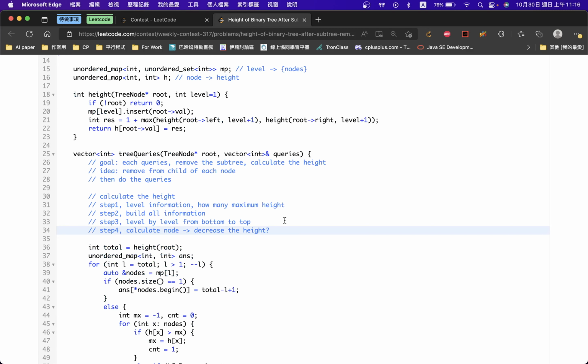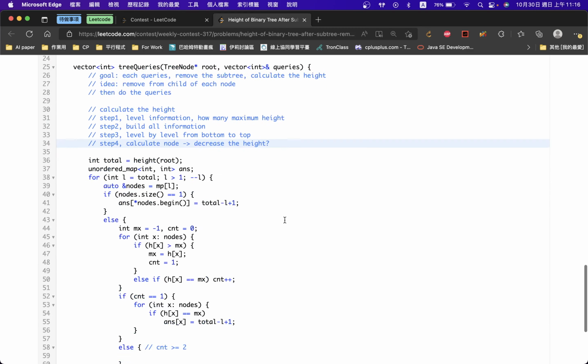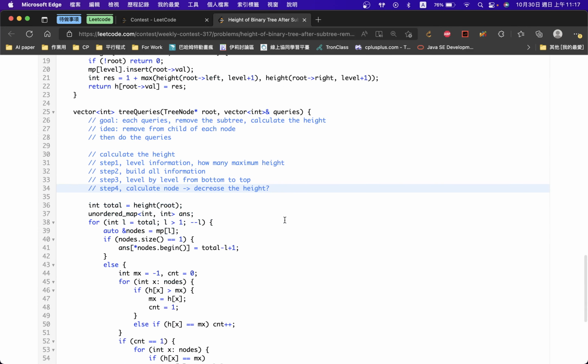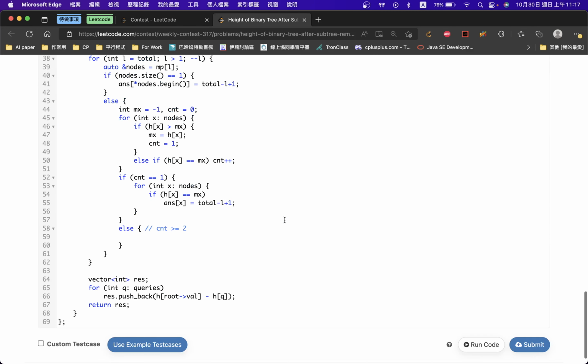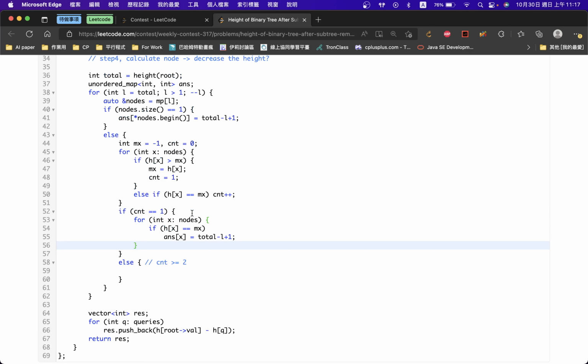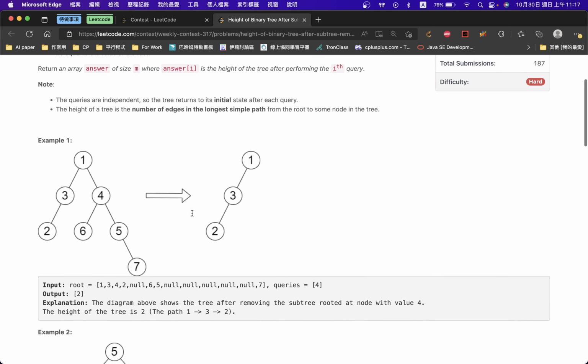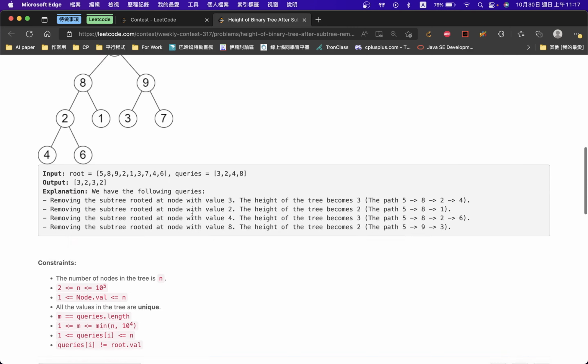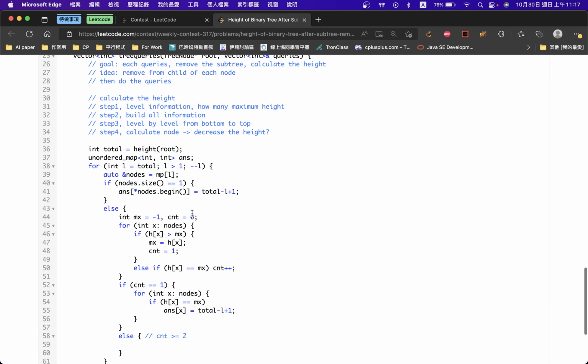Decreasing the height, how? Well, I need to think. It's not correct. Right, so it's really hard because